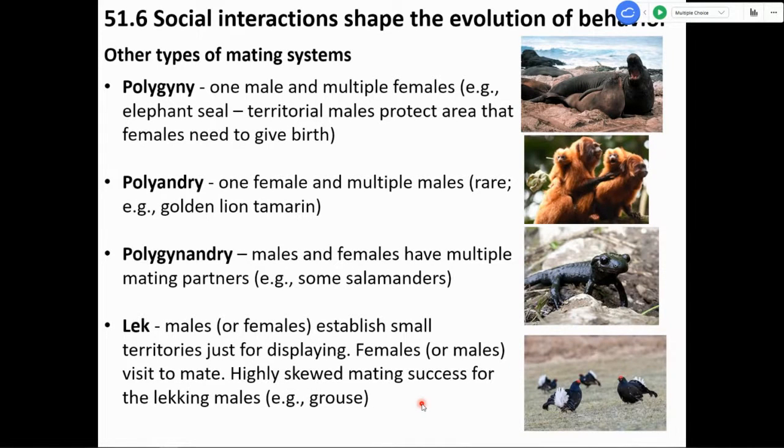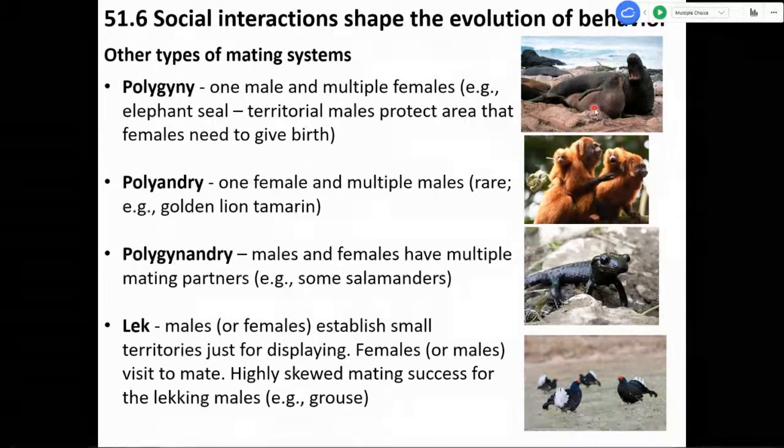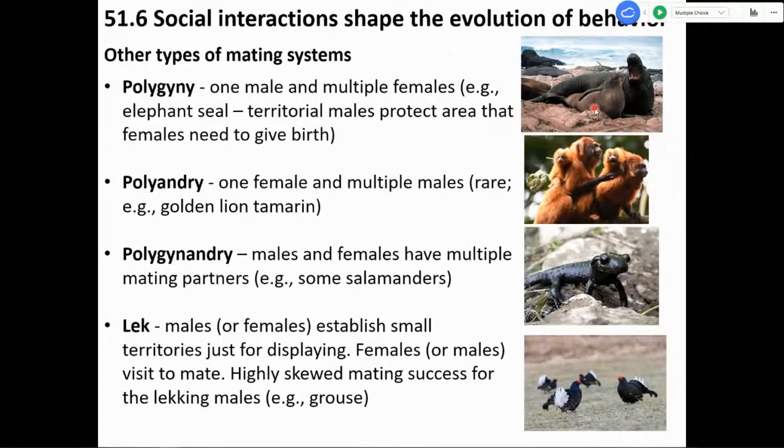And there are other types of mating systems as well. So one is polygyny, so one male and multiple females. So a male can basically dominate somewhere. An example of this is elephant seals. If you go to the California coastline, in some areas you can see parts where elephant seals will come and the large male will dominate a huge area of the beach. And this leads to many females mating with him because they need to be on that beach to produce their babies, and so they have little choice, basically, because that male has dominated that area.